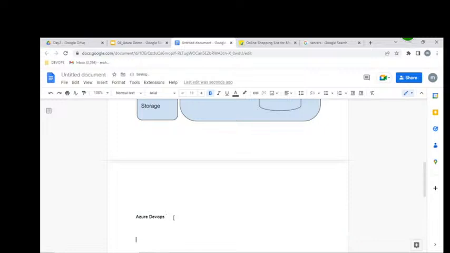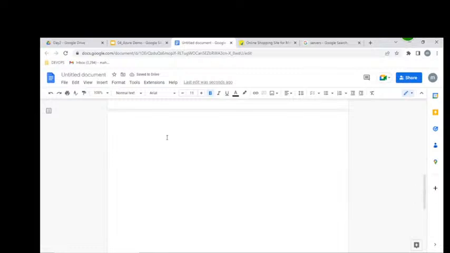I'll write down here, please. So we can deploy our applications, means websites, on cloud infrastructure, cloud infra, by using the DevOps process.